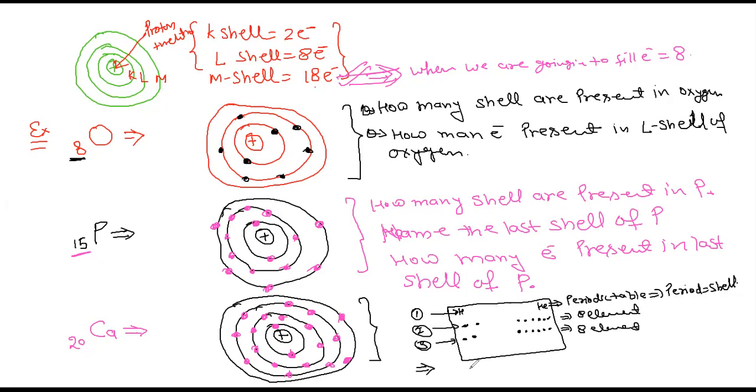The second concept we will tell in the electronic configuration whenever we do the SPDF. For that, you can wait and watch all the videos. If you understand the electronic configuration, after that you can easily understand the valence shell electrons. Everything is based on this electronic configuration only. Just remember the point. Now our topic is the valence shell electron.